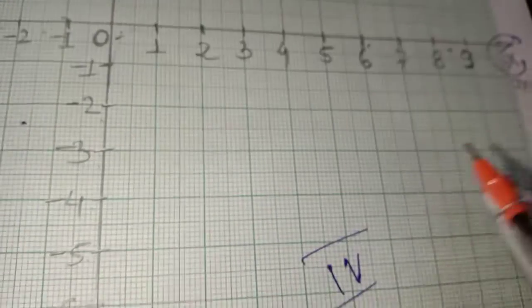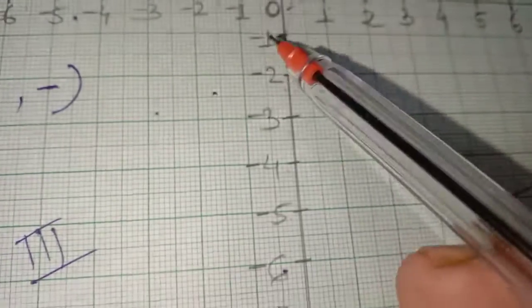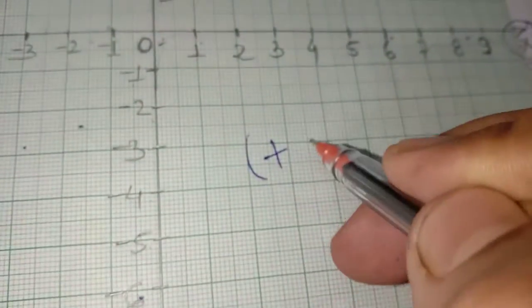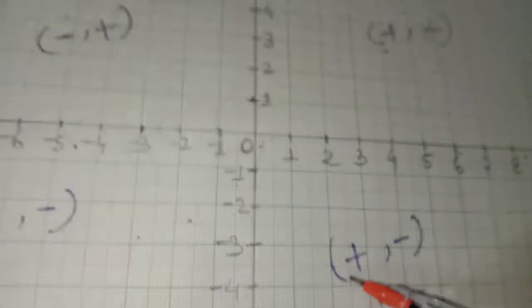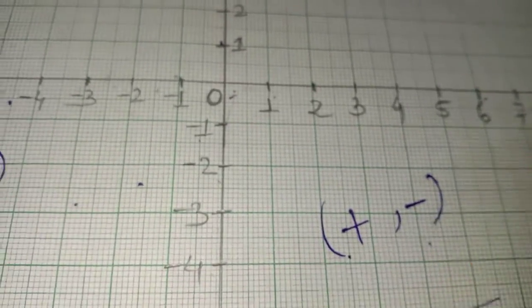And if I talk about the fourth quadrant, then you can see here the x-axis is positive and the y-axis is negative. So it is positive and negative. See the image. It is minus here and plus here. Where it is plus, the other one will be minus. This is for when you have to do something in a hurry, but otherwise you have to proceed anti-clockwise.